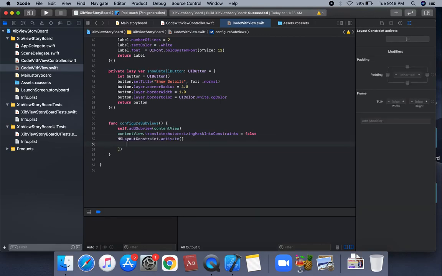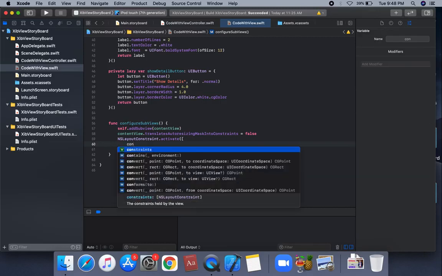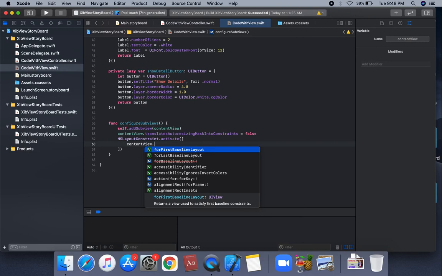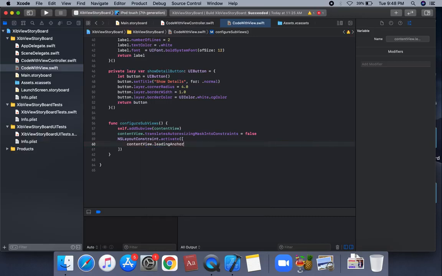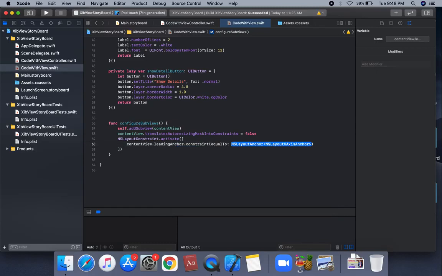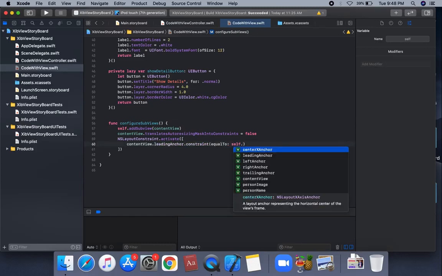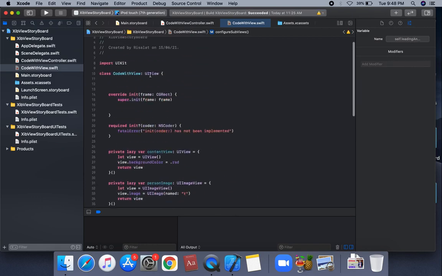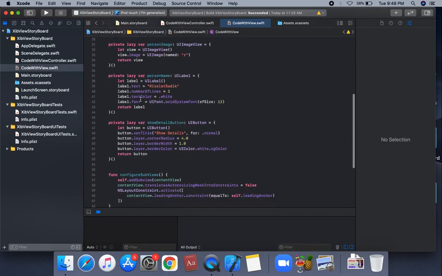So firstly we're going to apply this constraint, content view dot leading anchor. Suppose we set this to 0 on this view. Leading anchor dot constraint equal to self dot leading anchor. Self, this is a view. Leading anchor, self, this is a UI view, and code with view.